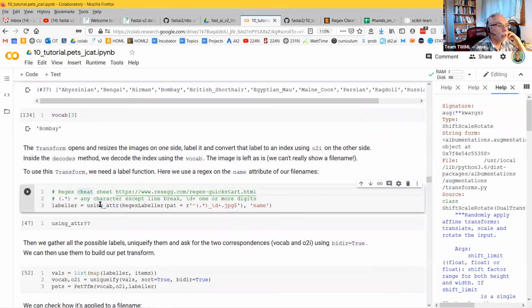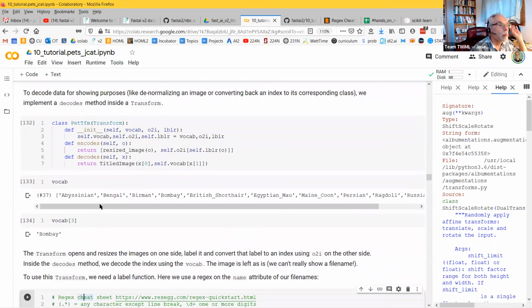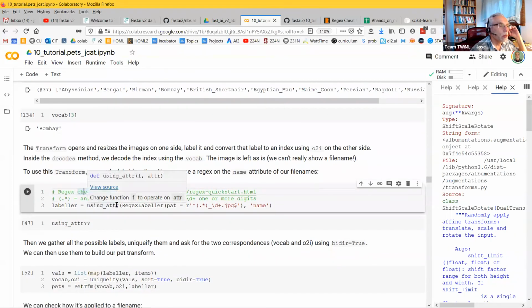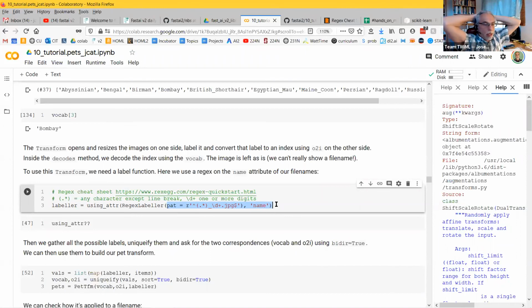Now we got to understand what this labeler function is. So he builds this function called labeler, and now we have to go back and review what our regex is. If you don't code every day, and if you're not a software engineer, like me, I've done software engineering, but I don't do it every day. So whenever I see regex, I have to go back and review it because I don't remember all of it. What he's doing here is he's got this function called regex labeler that gets applied